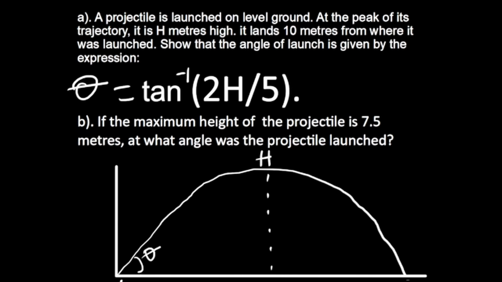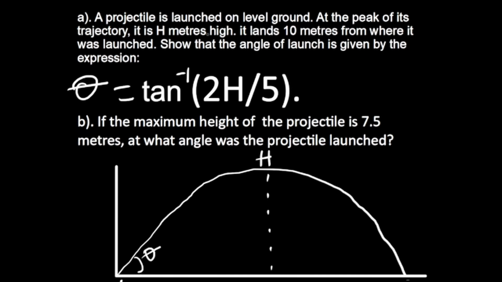The question reads: a projectile is launched on level ground. At the peak of its trajectory, it is h meters high. It lands 10 meters away from where it was launched. A, show that the angle of launch is given by the expression theta is equal to tan inverse of 2h over 5. And then B, if the maximum height of the projectile is 7.5 meters, at what angle was the